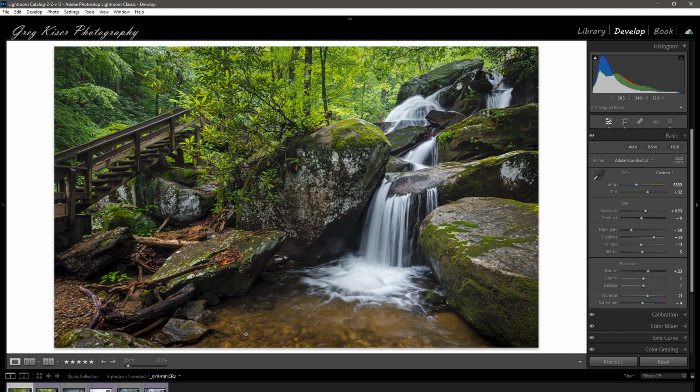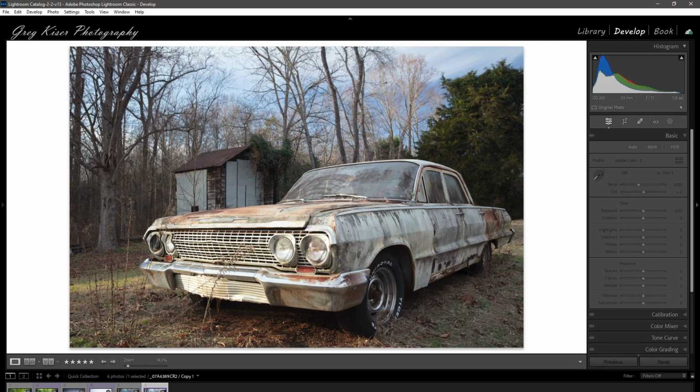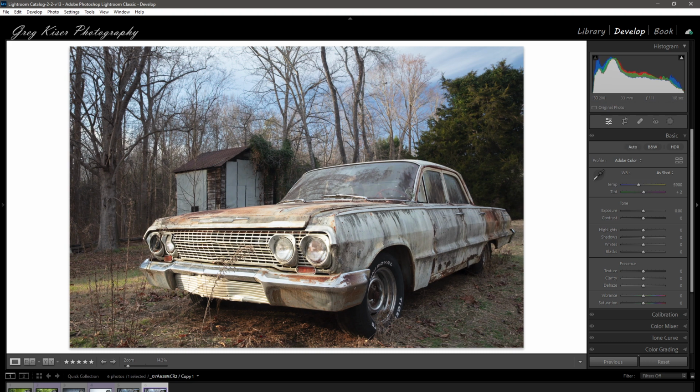Tackle one problem at a time. That's what you have to do. So we're going to go to this right here, which is one of my favorite subjects, old rusty cars. This one was shot on a cloudy day. There's still some blue in the sky, but the sun was behind clouds at the time. You can see a little bit of the sunlight hitting the front grille, which is what I liked about this. I did have some nice contrast between the warm light here and the cool shadows, and I wanted to capitalize